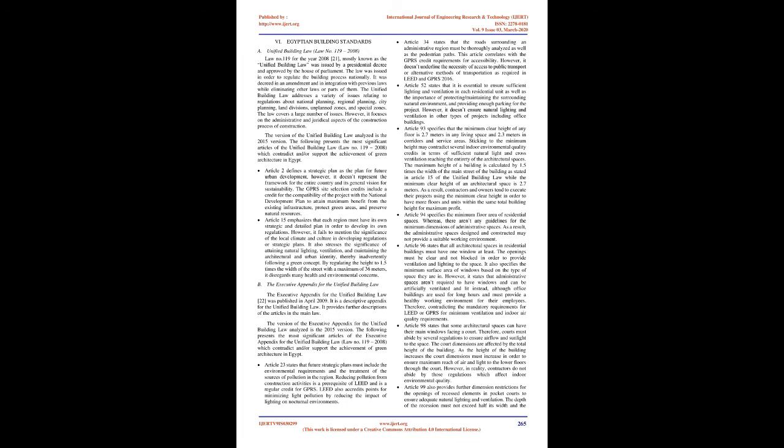Article 34 states that the roads surrounding an administrative region must be thoroughly analyzed as well as the pedestrian paths. This article correlates with the GPRS credit requirements for accessibility. However, it doesn't underline the necessity of access to public transport or alternative methods of transportation as required in LEED